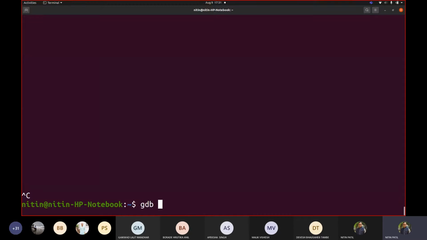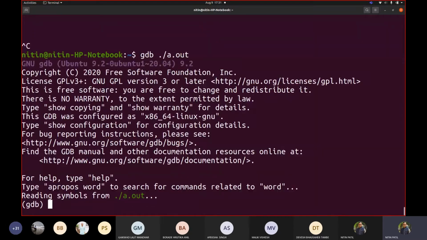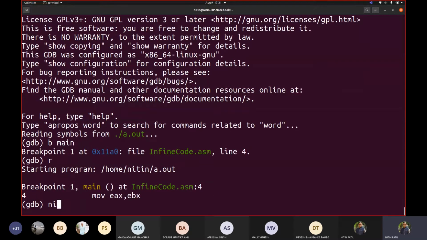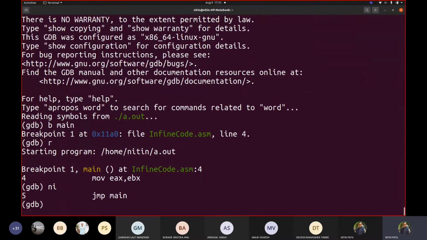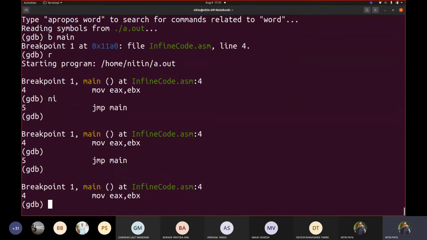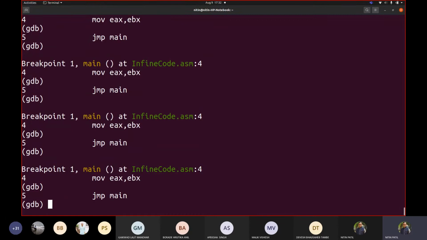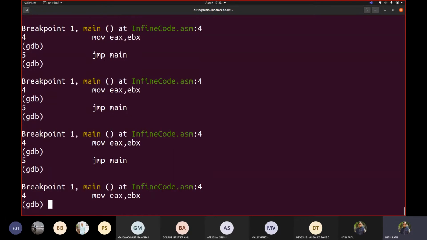Okay. So let us try to debug the code and see what happens. Say breakpoint main, run, and see the instruction that is shown one by one. So it is going to 5, going back to 4, 4, 5, 4, 5. It is jumping and continuing that execution. See, I pressed the enter key. As we are not making any change in the stack, nothing is happening. It is only coming from statement 1 to statement 2, statement 2 to statement 1, continuously doing that.